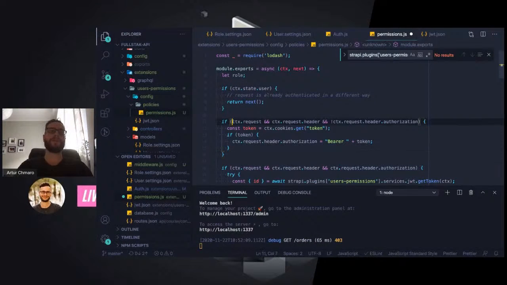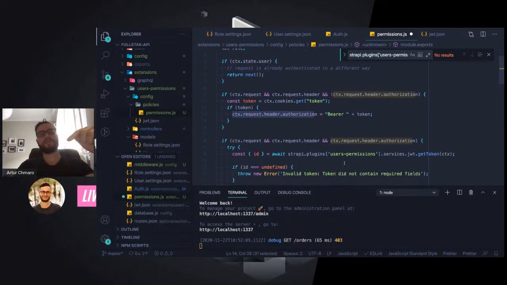And now we have the check. So, okay, we have context request and context request header, and the header doesn't contain authorization. So this is the case we want to have. We are not passing the authorization header, but we are getting the token from the cookies. So you can see that we have context.cookies get token, and if the cookie contains the token, then we are assigning this to the authorization. And this maybe looks weird to you, why we are doing that,